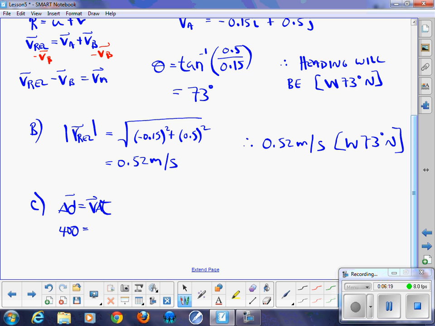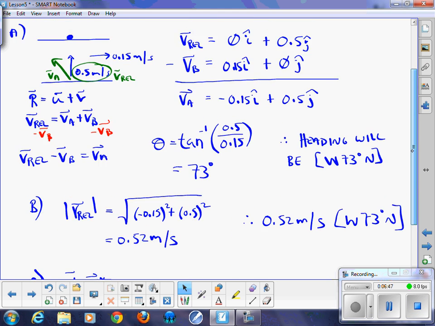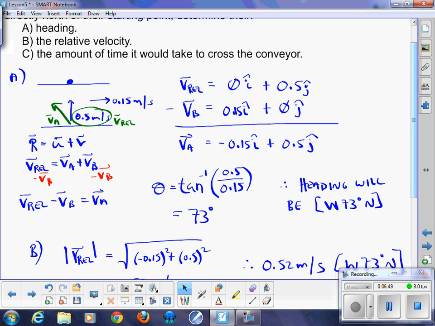And if you were running at that velocity, that y component velocity, you are running at 0.5, multiplied, or finding your delta t. So we end up with a delta t equal to 800 seconds. So therefore, it still takes 800 seconds. And the reason for that, I'll stress it one more time here, is because